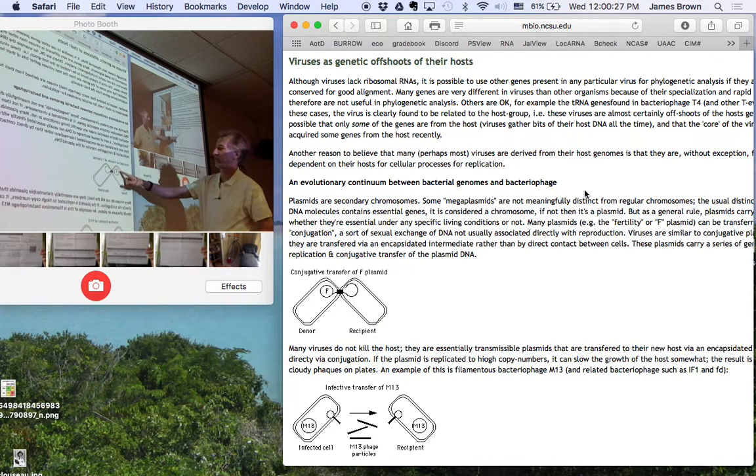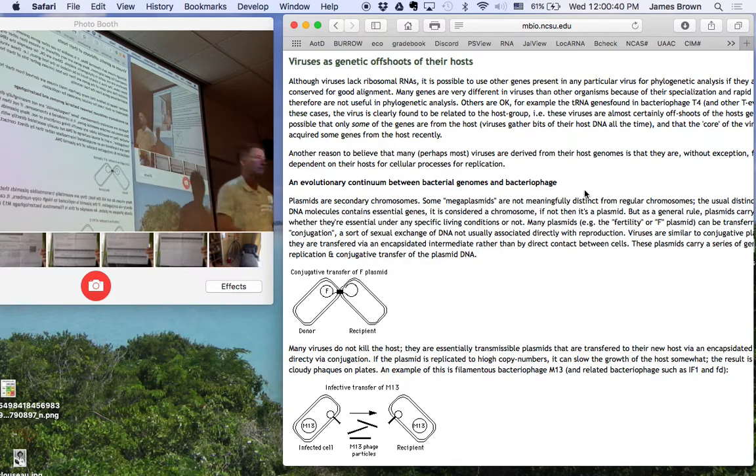And so F is the stereotype of this in E. coli. E. coli cells are either F plus or F minus. If they contain the F plasmid, they're F plus, and that F plasmid can transmit to a recipient F minus strain and make it F plus. And it's notorious for picking up chunks of the genome as it does this. It does this by integrating into the chromosome and then re-excising incorrectly and biting off a chunk of the chromosome.